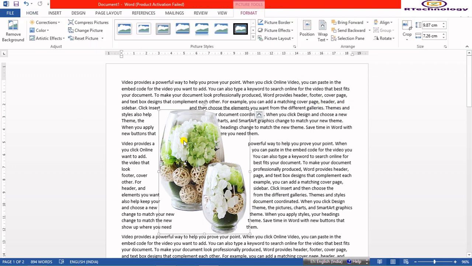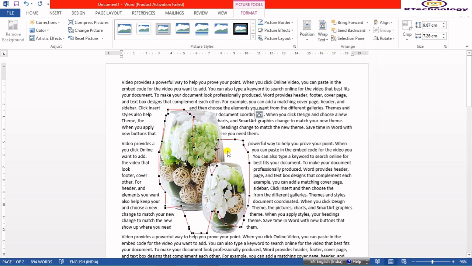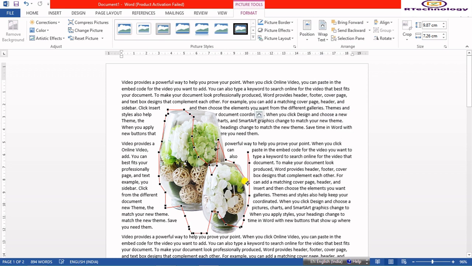And again you can change your wrap text. Through is already selected, so I'm going to choose edit wrap points, and now I'm going to allow the text to come over here.